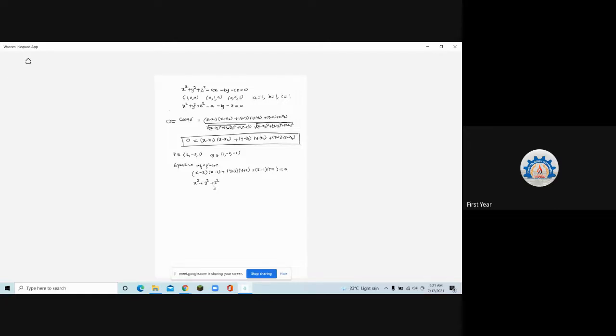So simplify this equation and you get the answer as x square plus y square plus z square, minus 2x minus x is minus 3x, then 3y plus 2y is 5y. Are you getting what I'm doing? I'm just multiplying the terms. Constant term will be: minus 2 into minus 1 is plus 2, 3 into 2 is 6, and minus 1 into 1 is minus 1. That gives you x square plus y square plus z square minus 3x plus 5y. The z term gets cancelled. 8 minus 1 is 7, is equal to 0. Clear? Very simple.